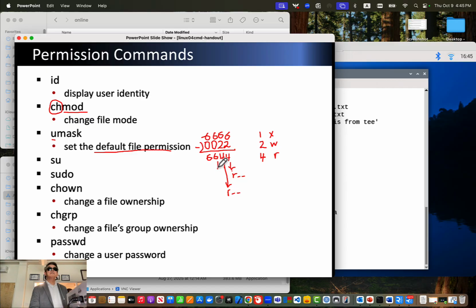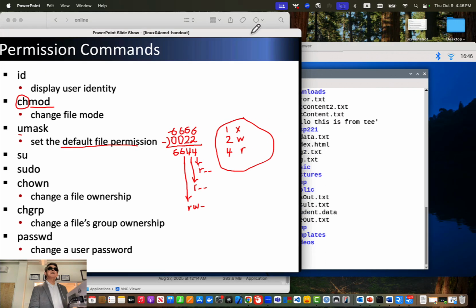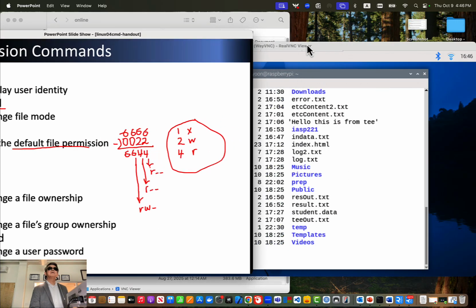Myself, number 6. You can make number 6 from this combination. What will be the number 6? Read and write, right? If you add 2 plus 4, then that will be 6. So this will be read, write, but no execution. What that means here